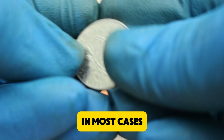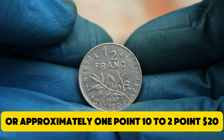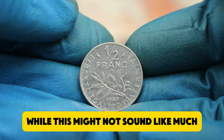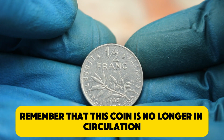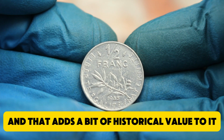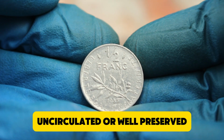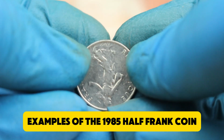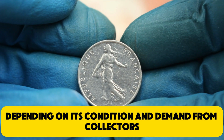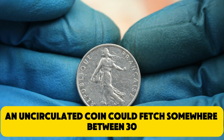In most cases, you'll find the coin valued at around 1 to 2 euros, or approximately 1.10 to 2.20 US dollars. While this might not sound like much, remember that this coin is no longer in circulation, and that adds a bit of historical value to it. For those of you with an eye for quality, uncirculated or well-preserved examples of the 1985 half franc coin can sometimes be worth more. Depending on its condition and demand from collectors, an uncirculated coin could fetch somewhere between $30,000 and